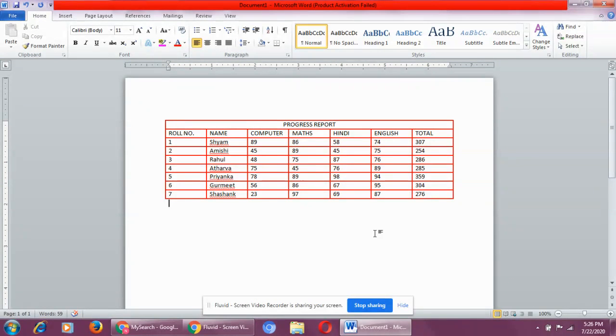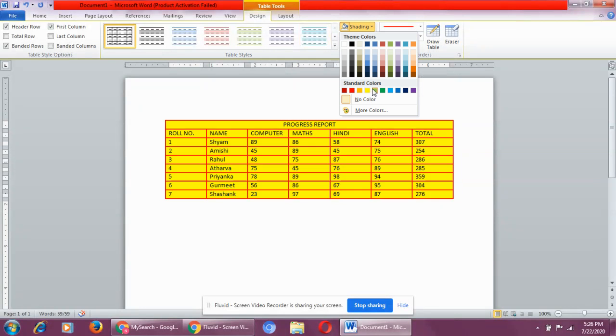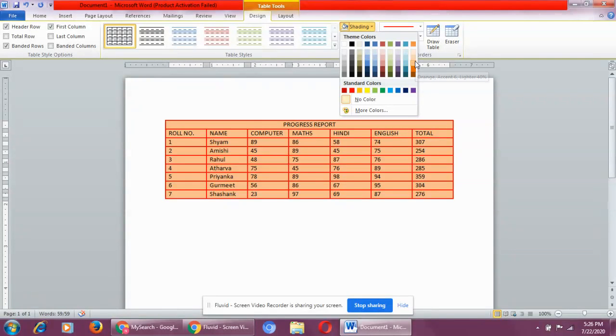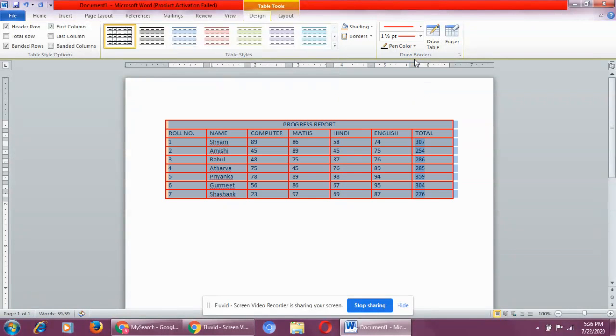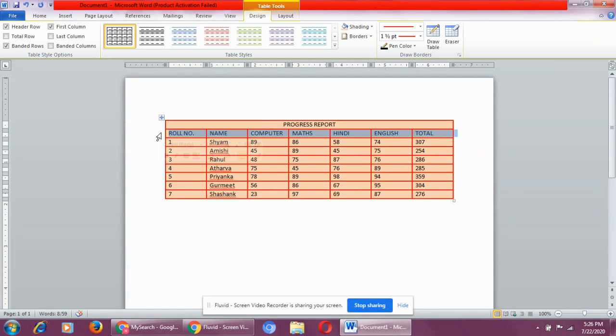the changes? Yes. Now in the same way you can do the shading also. How? Select the table, go to the design tab, shading, drop down, and from here you can choose the shading. Red color for the border, but any color is fine, and I'll make the shading a little lighter so that it's prominent. This shading. Okay, select the rows and columns of the table. Let me select the rows and columns.